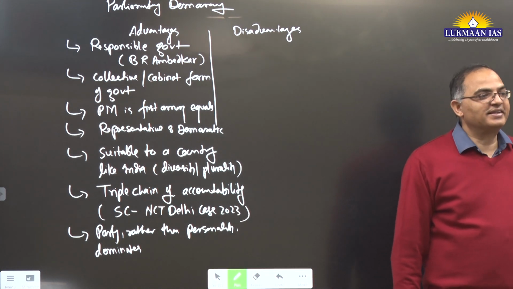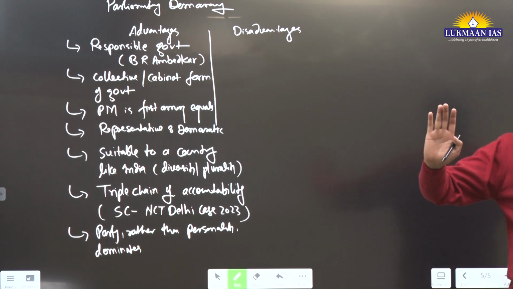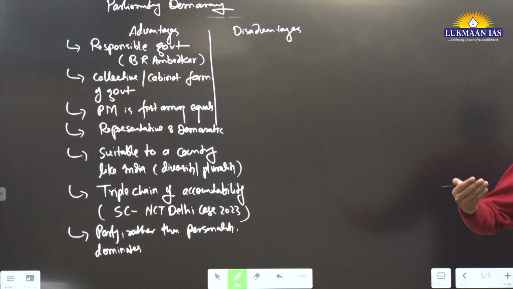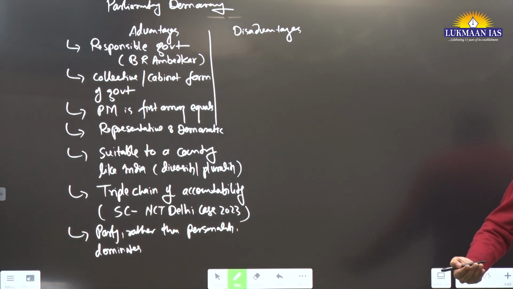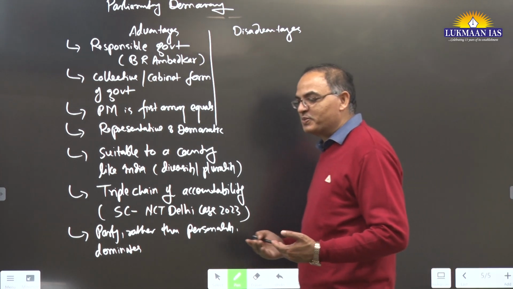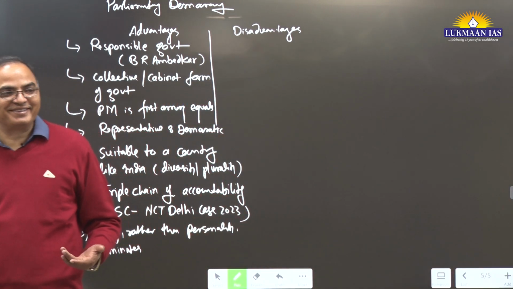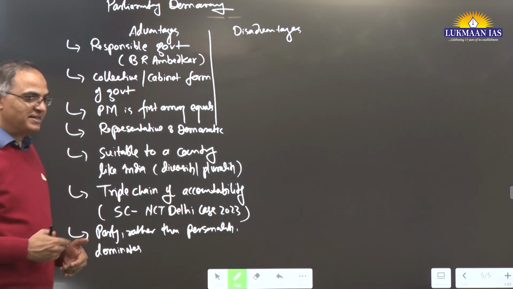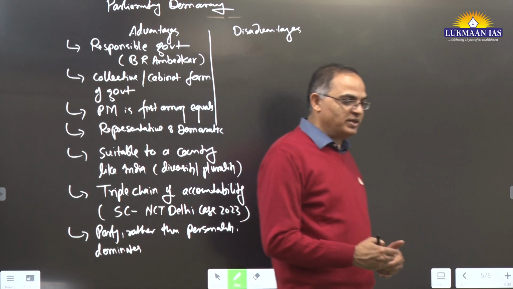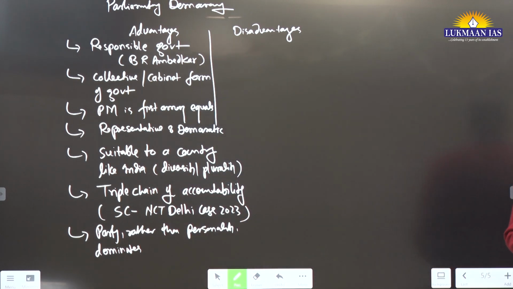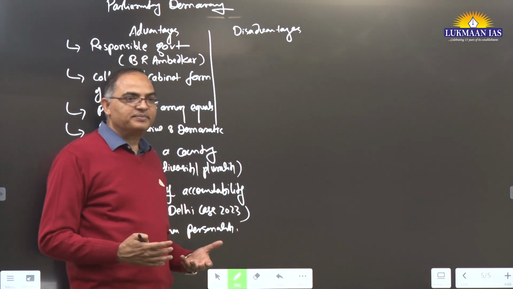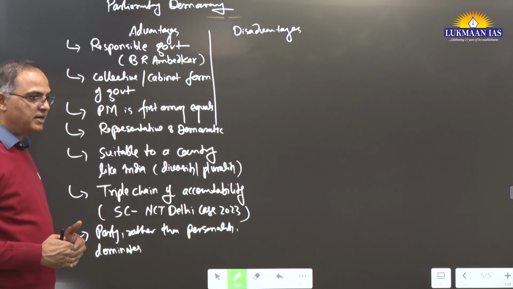That is how we have to see. Let's say that we are told the parliamentary system has this advantage, the presidential system has this advantage. We have to see whether their advantages have worked, how they have worked in actual practice. So when we say the parliamentary system is a responsible government, whether governments have actually been responsible, that is how we have to evaluate. And when the presidential system is strong, the executive is result oriented, performance oriented, has it remained performance oriented? That you can consider. That is how we will evaluate on that basis.